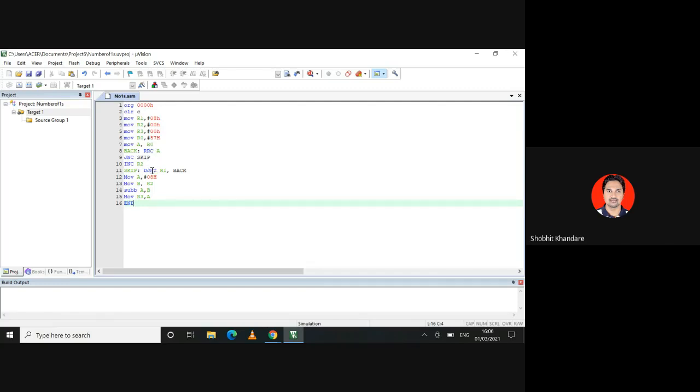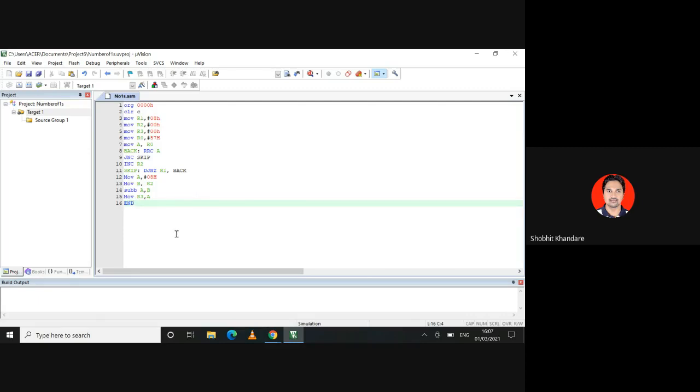DJNZ is an instruction, that is why it is blue. The numbers you have taken are in red. If something is wrong, it will be shown when you translate, build and rebuild.